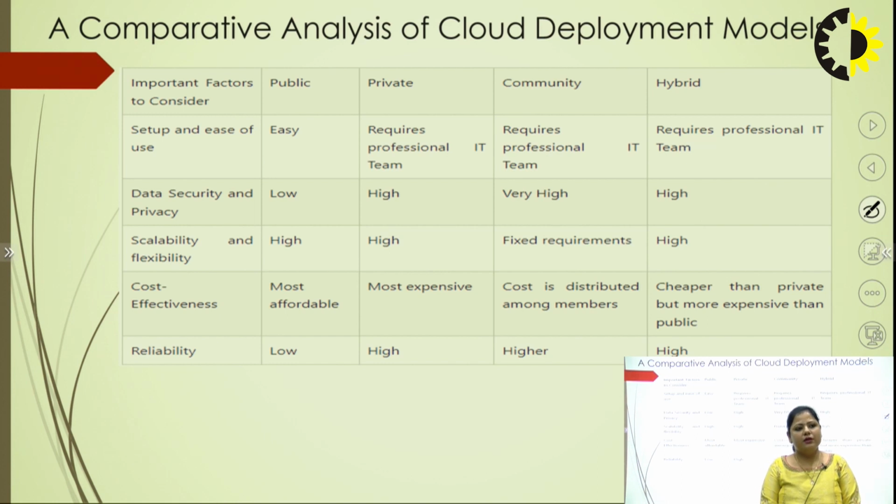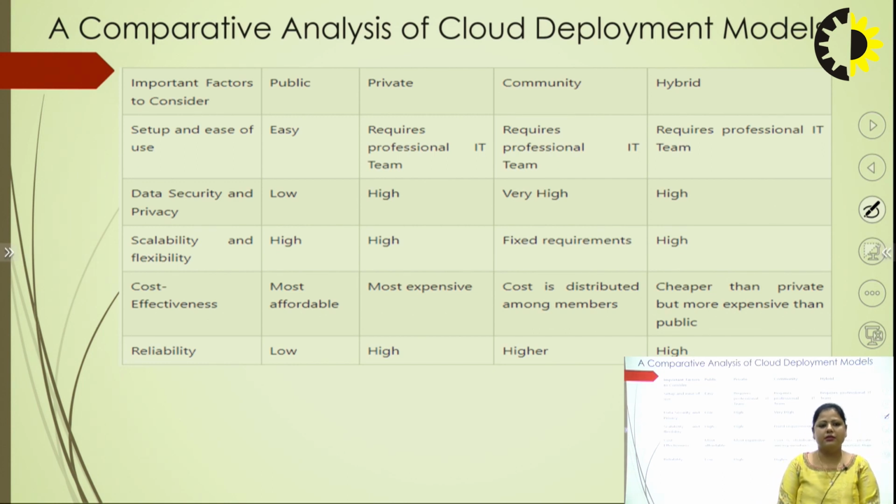It is more secure because of its private nature. The community cloud allows systems and services to be accessible by a group of organizations. And last, in hybrid cloud,